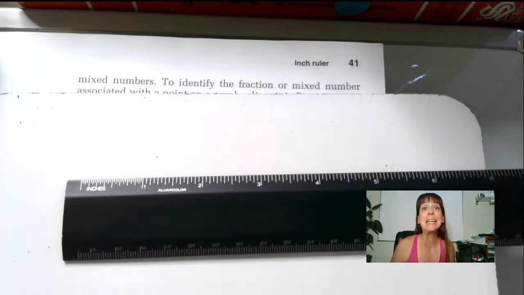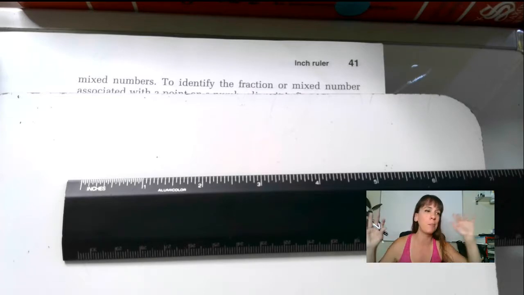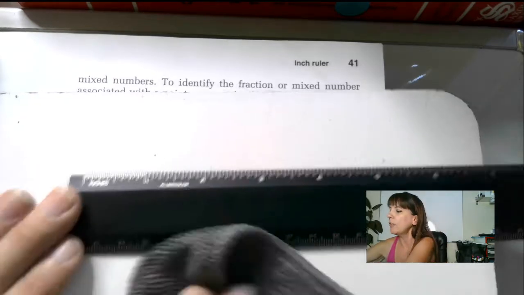So guys, if you have any interest in fixing cars, woodworking, anything construction-wise, you are going to need to know your fractions left, right, up, down, okay? So I really want to make sure that you understand those. So with that said,